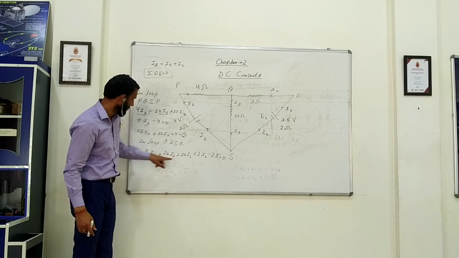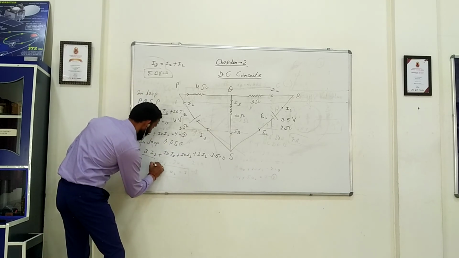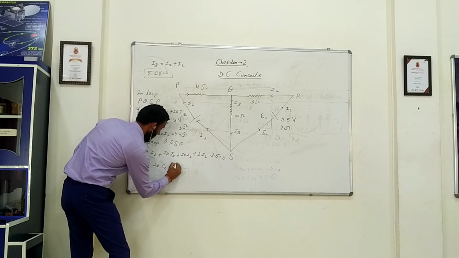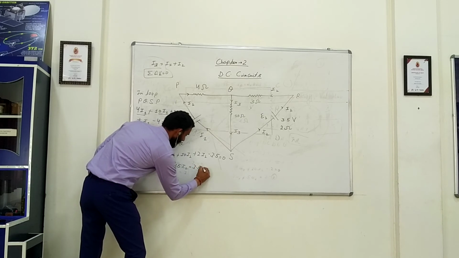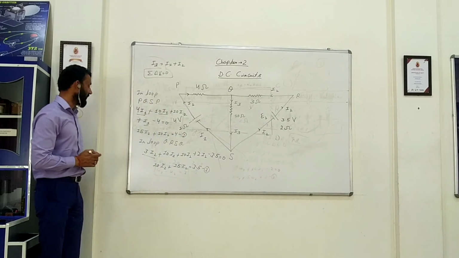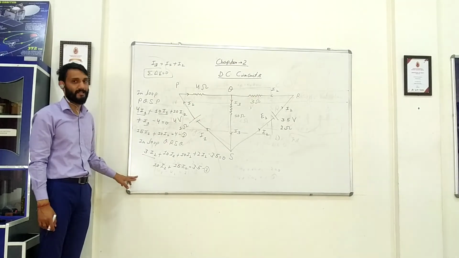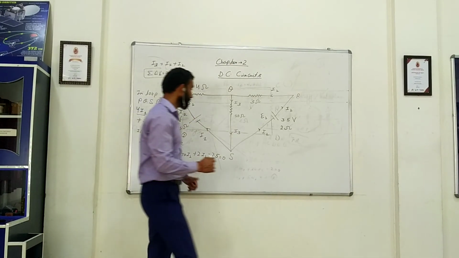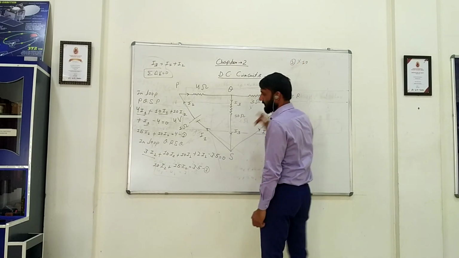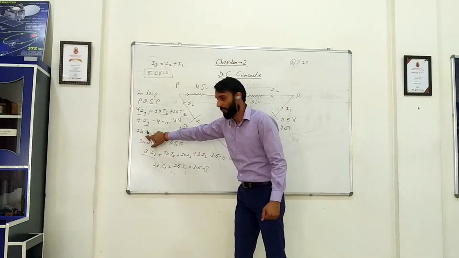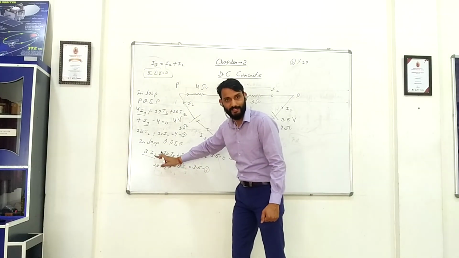I2: 10, 10, 13, 15. So this is 10 I1 plus 15 I2 is equal to 3.5. This is the second equation. Now we have to solve first and second in order to find the values of I1, I2 and I3, right? So if I multiply first by 10, it will become 150. And if I multiply this by 15, again it will become 150. So I can solve it.